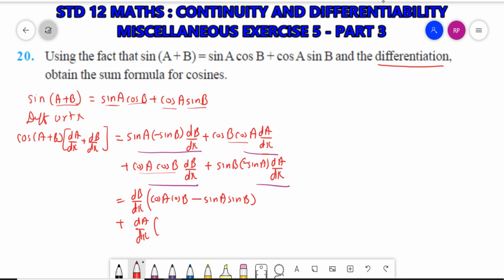Now I'm writing this first, cos B cos A, so rearranging: cos A cos B minus sin A sin B. Now see, cos A cos B minus sin A sin B is common. So what I can write down is this cos A plus B